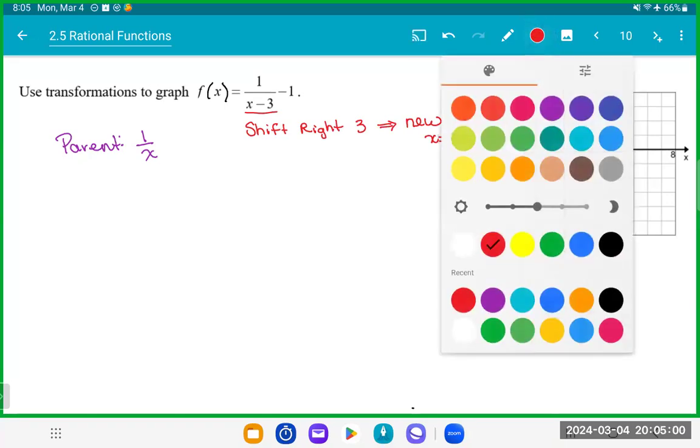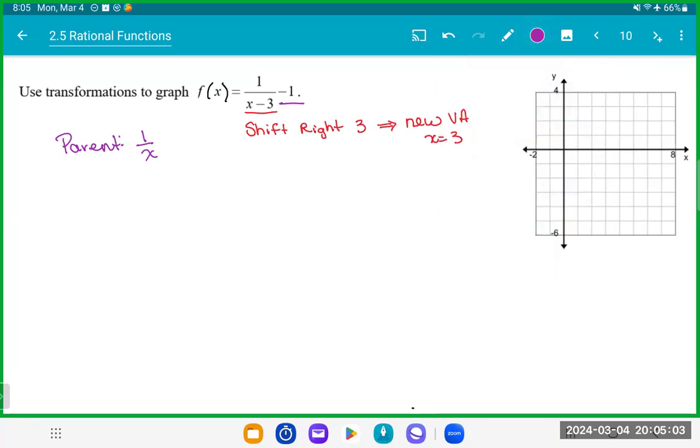What else do we have? We also have this part right here, right? That tells me that I'm going to shift down 1 unit. Therefore, I have this new, let me move this down. I have a new horizontal asymptote at y equal to -1, okay? So come in here, x equal to 3. I have this vertical asymptote, and y equal -1. I have this